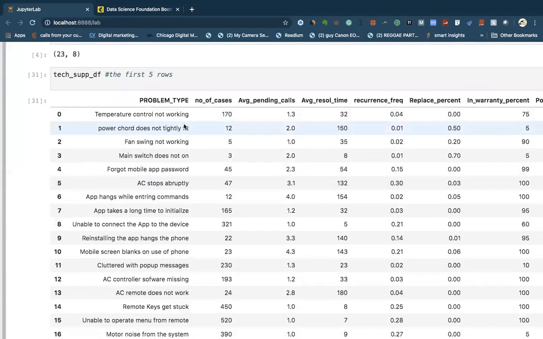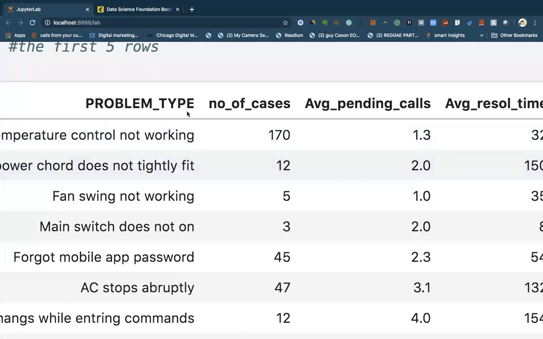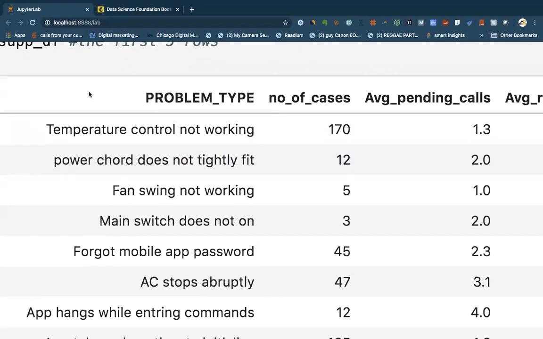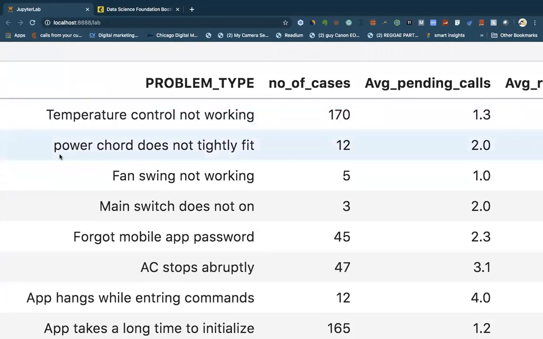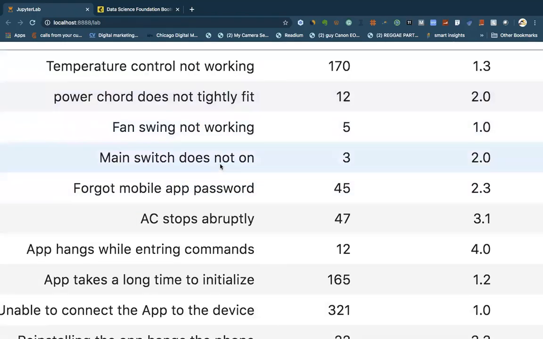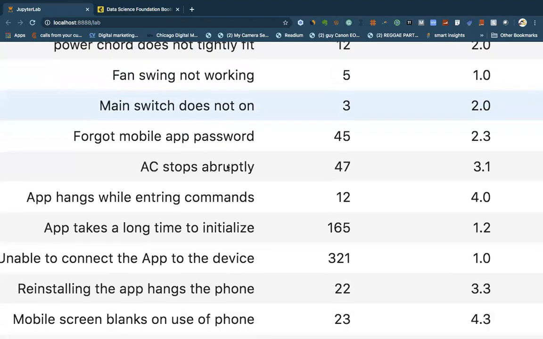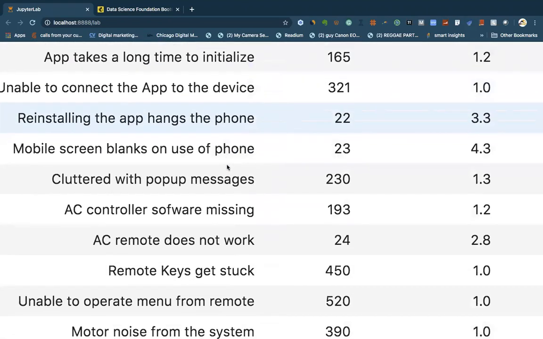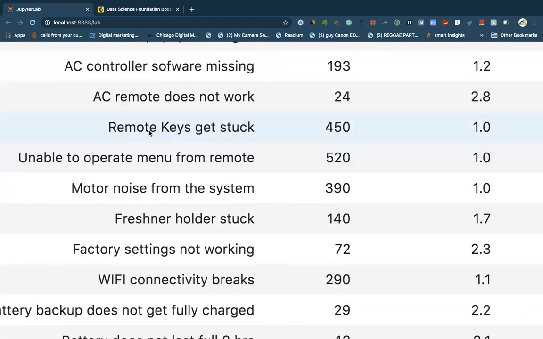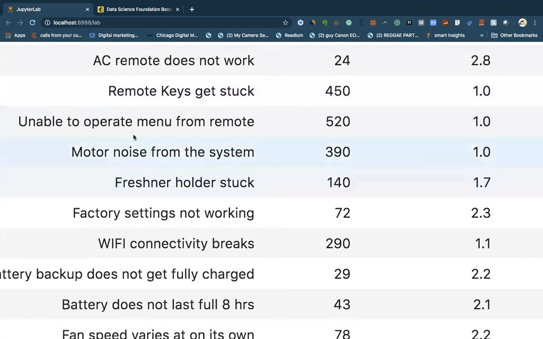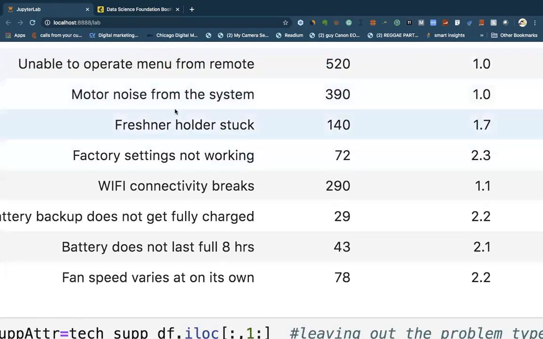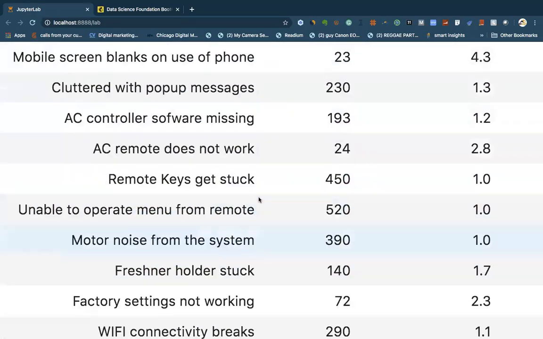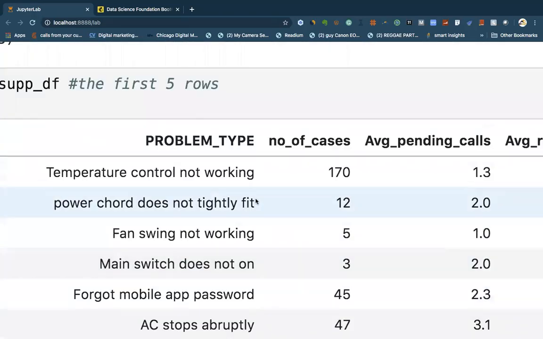If you see the problem type, right? We have problem type here. And this problem type consists of several problems, right? Temperature control not working, power cord does not tightly fit, fan swing not working, main switch does not work. A lot of complaints that people were giving, and then they put everything together, right? Remote keys get stuck, unable to operate menu from remote, no motor noise from the system, pressure holder stuck, factory settings not working. So a lot of complaints that people were making, they put all of them together as a